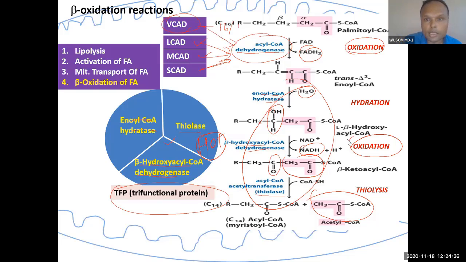Then second, when this fatty acid becomes long chain, actually long chain will act on 12 carbon and 14 carbon. This will act on 16 carbon, 18 carbon. There are little bit differences, and with very long chain fatty acid you may be confused. So 16 carbon, 18 carbon. Then it will act on 8 carbon, 10 carbon, and then on less than 6 carbon. So this is how fatty acid oxidation happens in the cell.